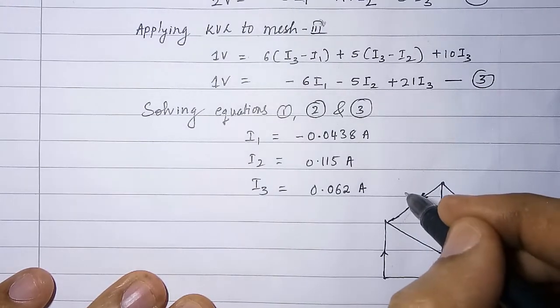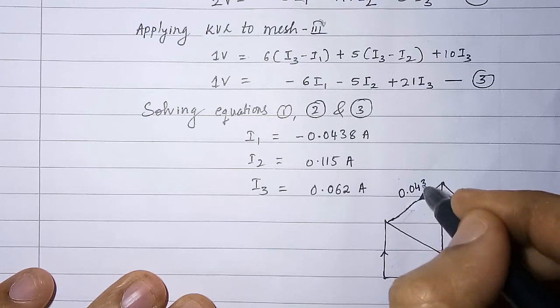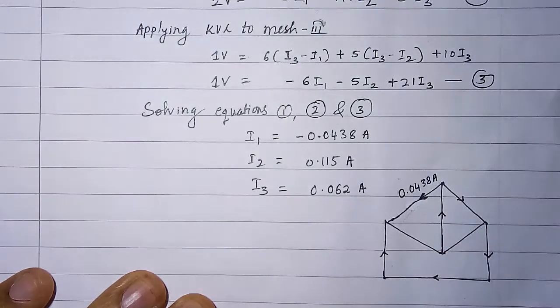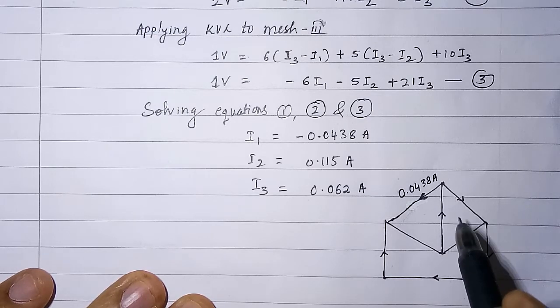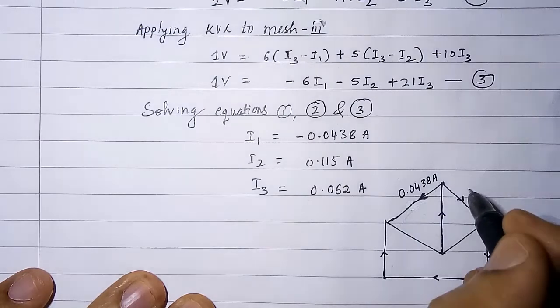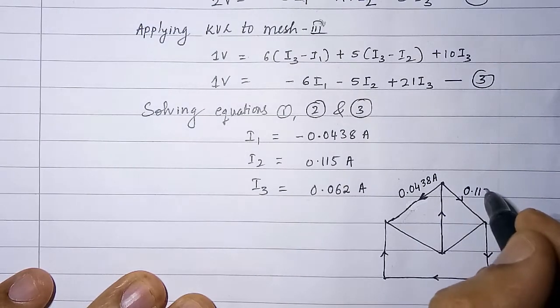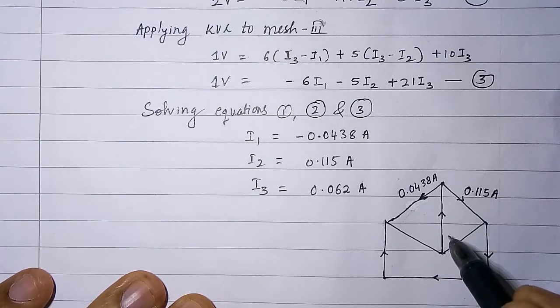So I will write here 0.0438 ampere. Current flowing through 4 ohm resistance is I2 and I2 is 0.115 ampere. Current flowing through 8 ohm resistor